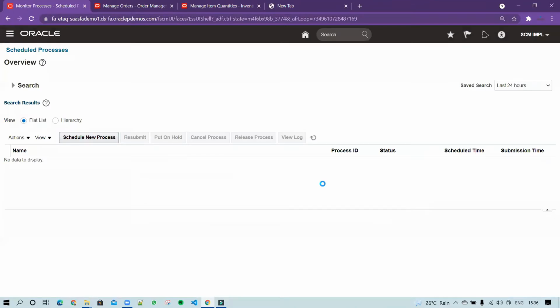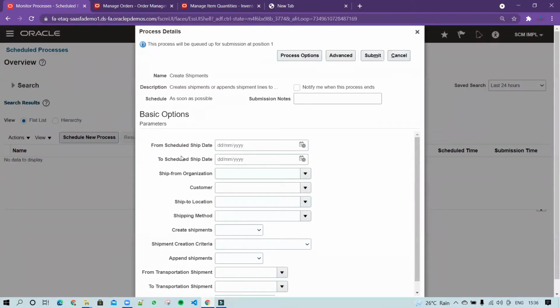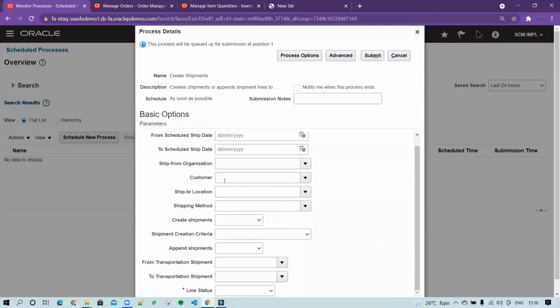Once you click on OK, you can see there are a couple of parameters. You can select the schedule ship date from and to, which is needed to generate the shipment number. Then ship from organization, that is the organization you want for the particular shipment. For a particular customer, ship to location, shipping method, create shipments.